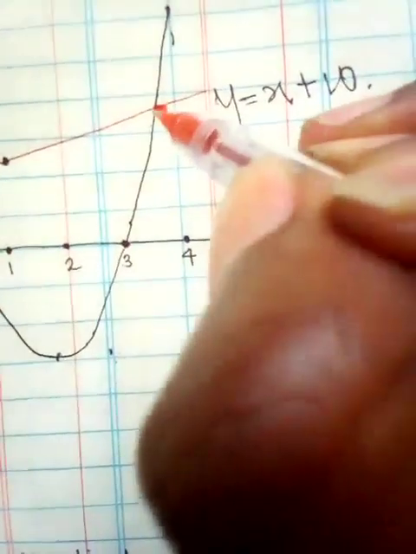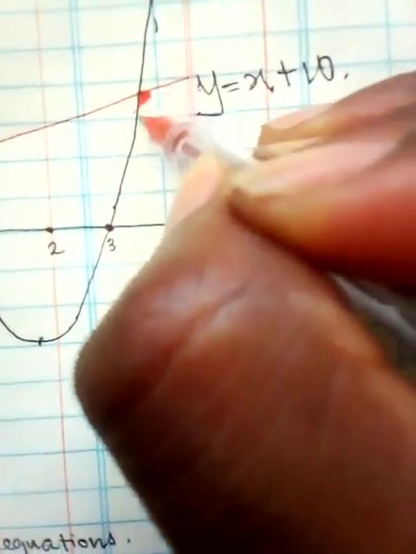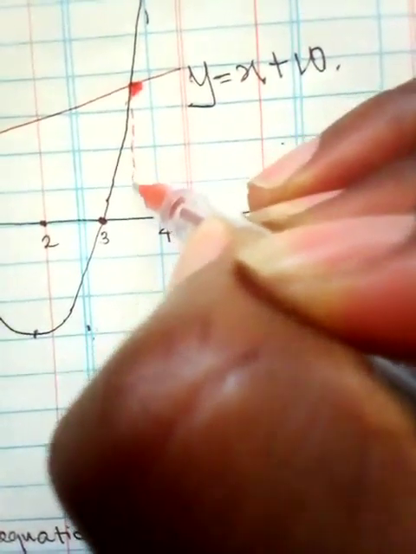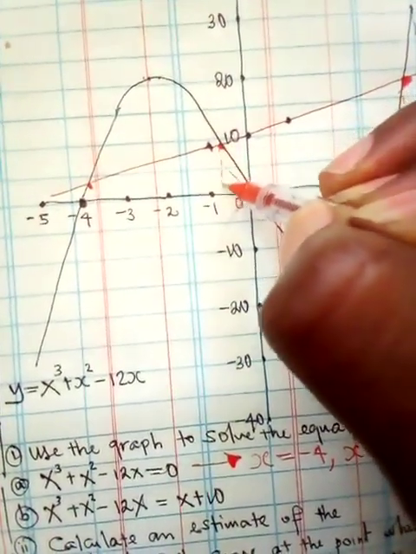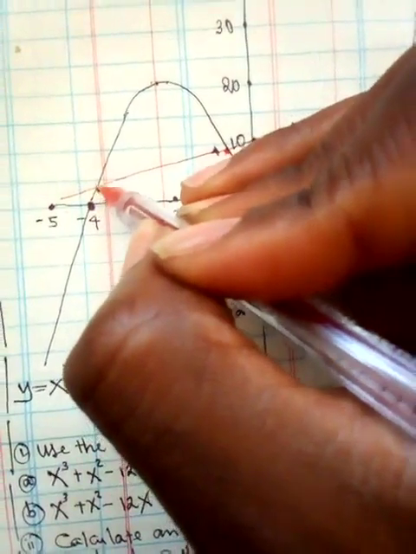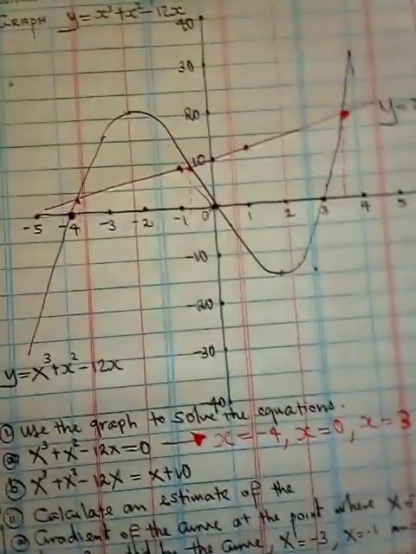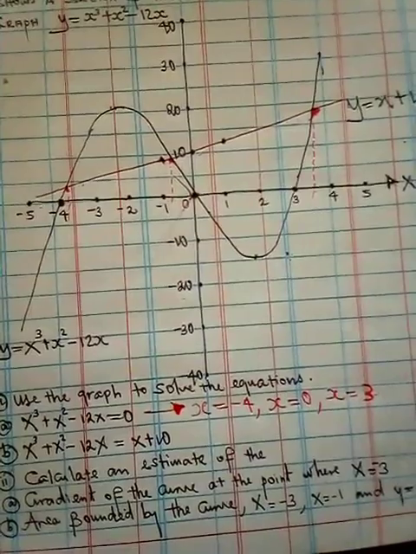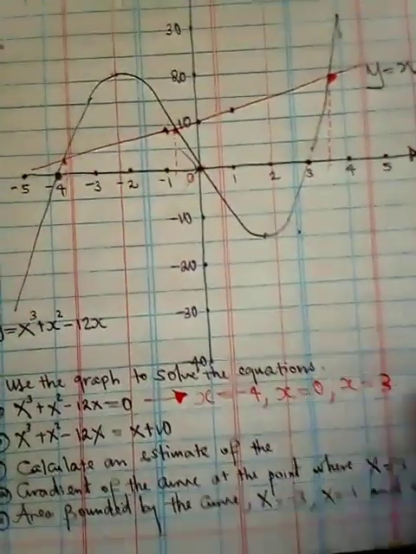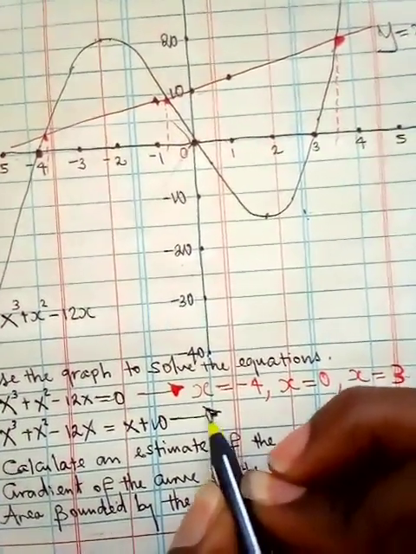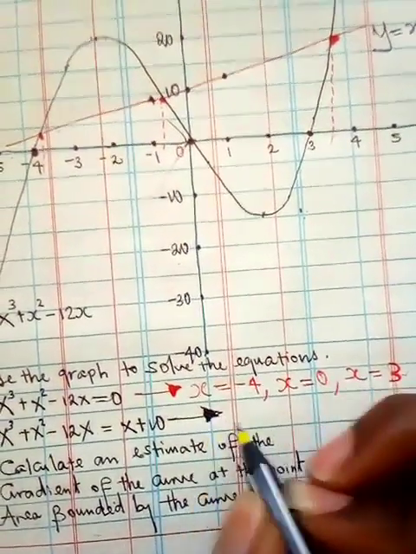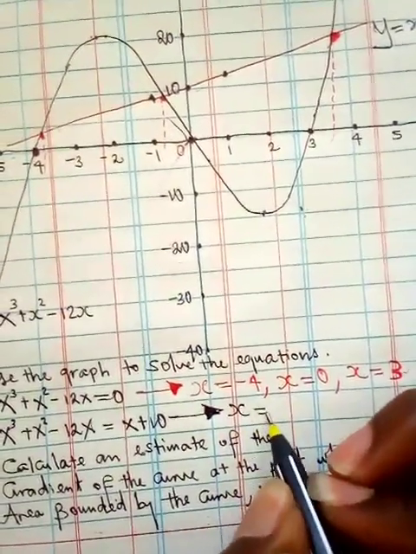So what we can then do is project the line down like that, and here, and here. See where they are falling on the x-axis. So our answers here are going to be x is equal to